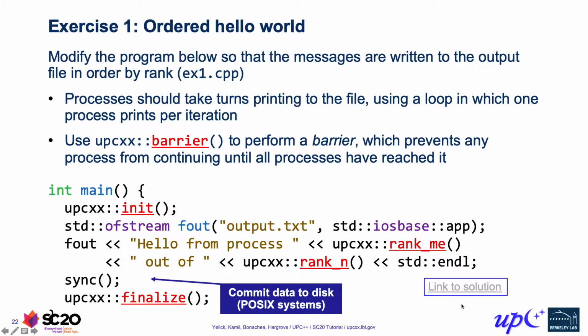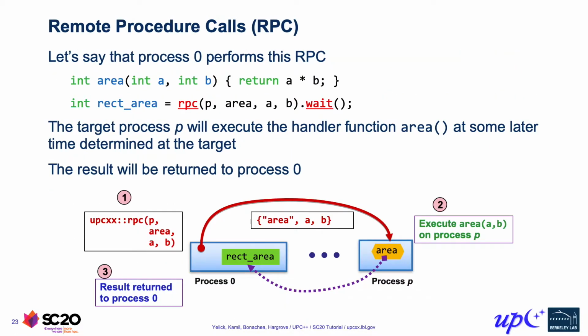Okay, then moving forward, let's take a look at some basic UPC++ features and how to make use of them. So the first one that we'll look at, sort of one of the most fundamental features of UPC++, is a remote procedure call. And the idea here is that we want to move computation to data rather than the other way around. So we'll look at an example where we want to compute some area function, which takes in some arguments, and it returns the product of these two arguments. Okay, so something this simple, of course, isn't something that you would do in a real program, but we're using it here for illustrative purposes.